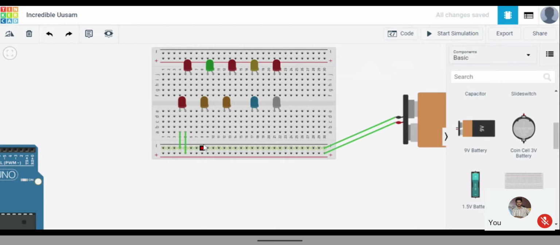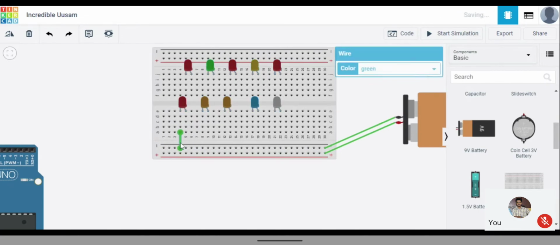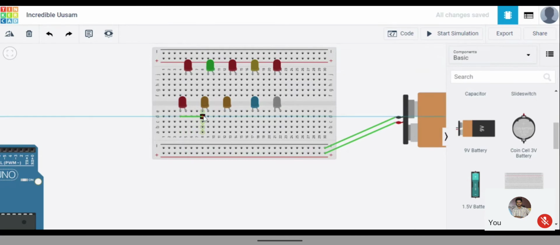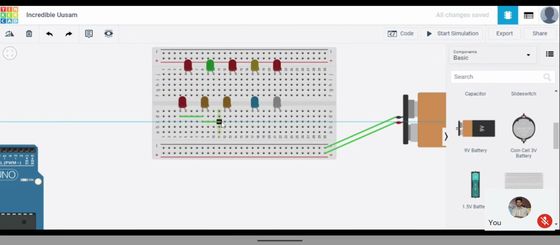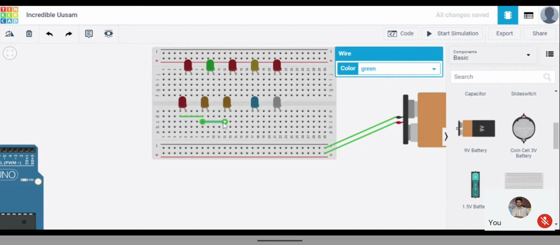Okay, and one more thing that can be done: I'll connect every negative sequentially. Like from here, I'll connect to this negative. The same way, from this negative to this negative.